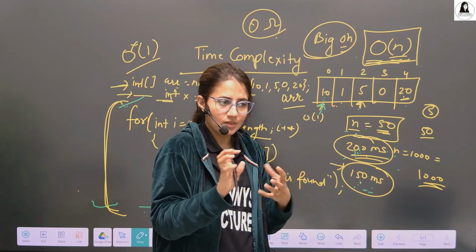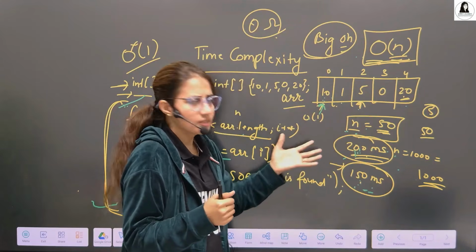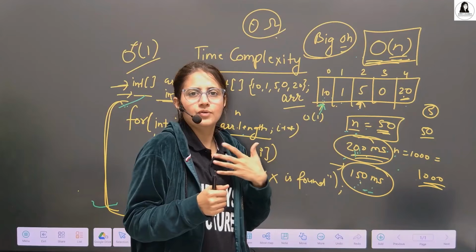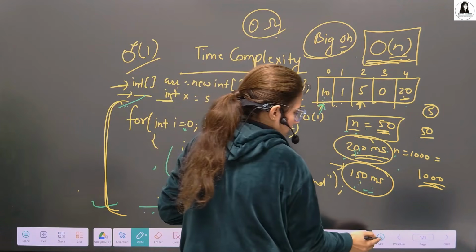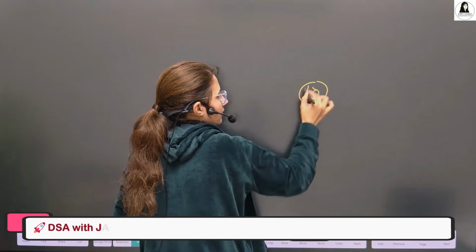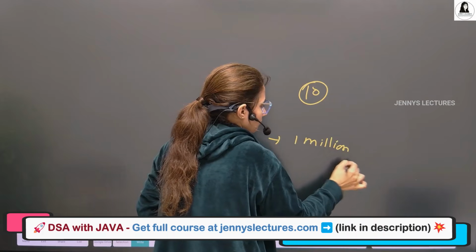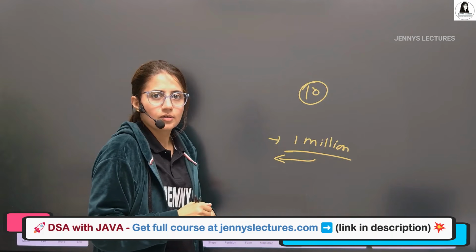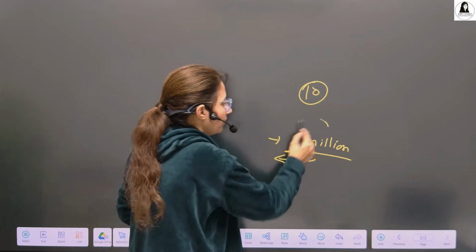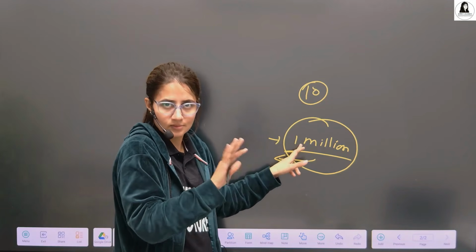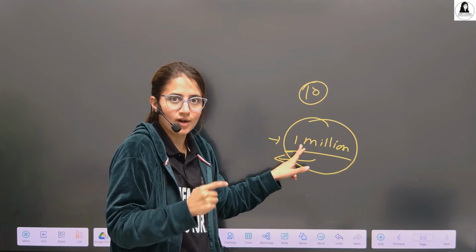I think this thing is a little bit clear to you. One more example we can take here. If we are designing a website, suppose 10 users are accessing that website at one time, and maybe 1 million users are accessing that website. So the chances of the website crashing are in which case? With 1 million users accessing, the chances are higher that it crashes. So you have to handle that situation.